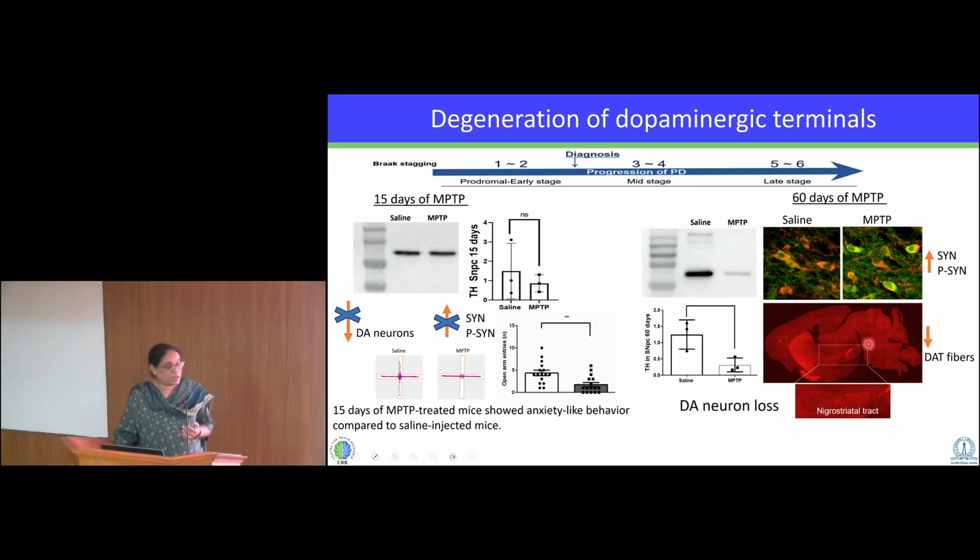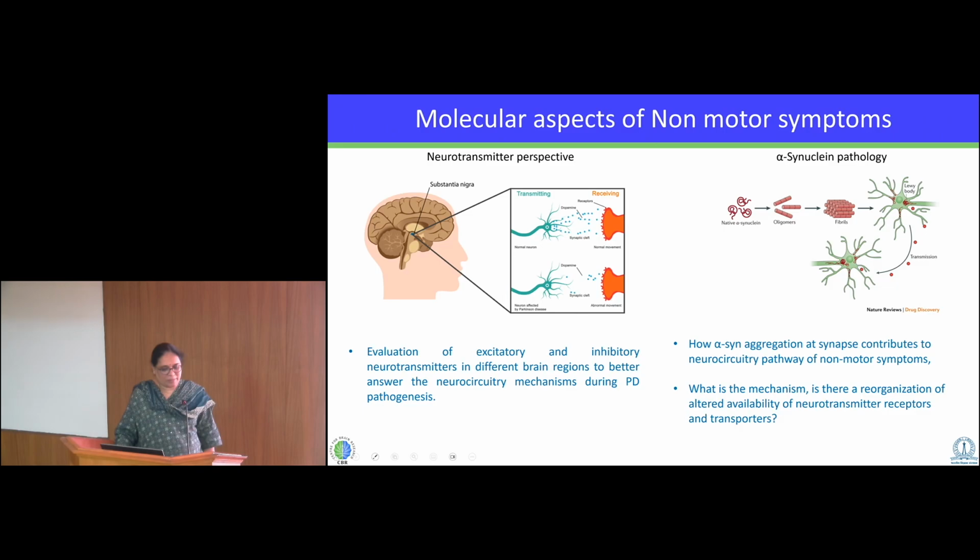And then when we come to 60 days, we see that there is loss of TH, basically. And then there is an increase in alpha-synuclein and phosphosynuclein. And there is also loss of DAT fibers, especially the nigrostriatal tract is lost at 60 days, which shows the full-blown pathology. So with this background, what we plan to do is that we want to evaluate the excitatory and